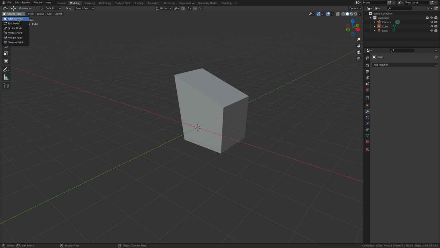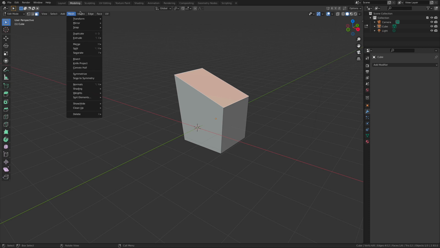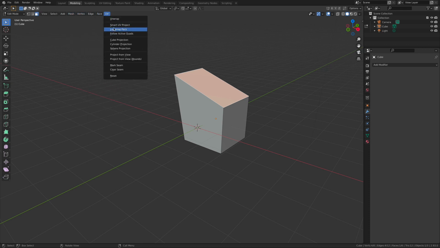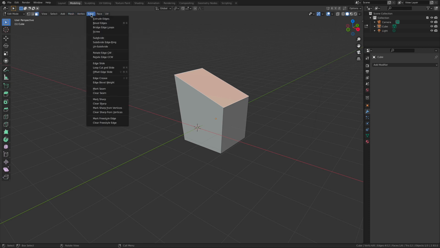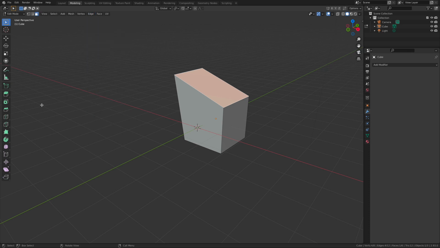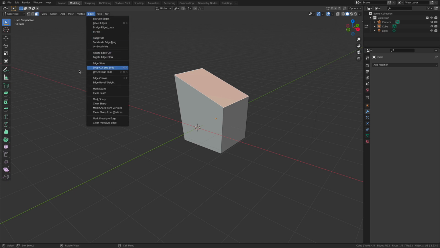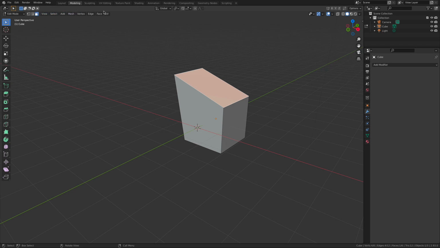Now check it out. If you go into edit mode, those menus then expand a little bit to give you even more editing tools. Like there's a lot of edge tools that you're going to be working with in here that are not in these. These are kind of like the all-stars. These are the tools that we use the most often, but there's a lot of tools in here as well. So be mindful of these menus. We're going to be going in and out of these often.